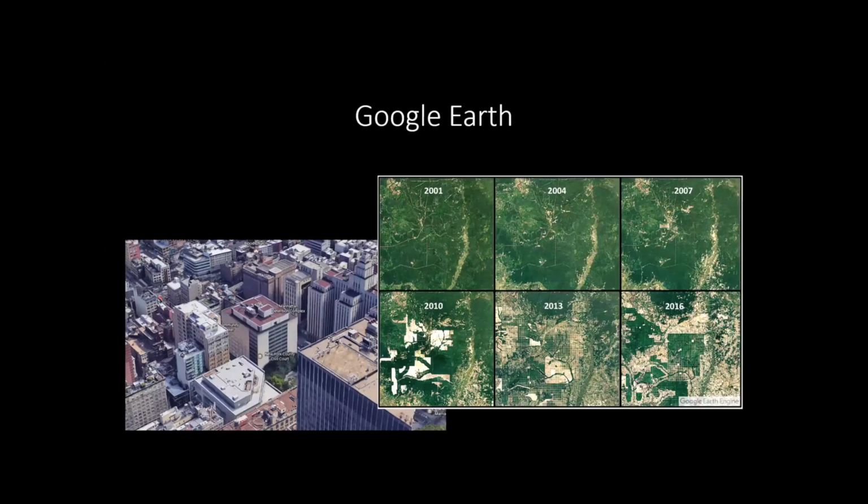Google Earth, where a bunch of Google cars and airplanes are flying around the Earth, and they pretty much created a 3D reconstruction of Earth, and you can use it in a bunch of different ways. One example here is to track deforestation, and this is really useful, like a health monitor for our planet. You can see here in 2001 the reconstruction that they captured, and as you move toward 2013, you can see that deforestation is really severe. I guess this is Amazonia or something, but there are many cool applications for this also.